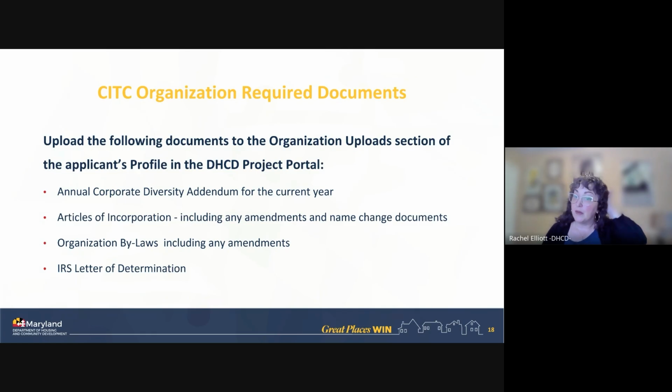We know for many people, board meetings don't happen in the summer, and we are totally aware of that, and it's fine. Just make sure we know that you didn't just skip it. So a lot of the documents we need, which you're going to be putting in your organizational upload section, I'll tell you about later, are your core primary nonprofit documents. So we're going to be looking for your articles of incorporation, any name change documents, bylaws, IRS letter of determination. The current board list that has a date on it is really important. If it's not dated, it will get sent back because we don't know what year it is.